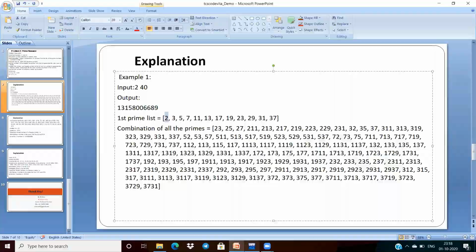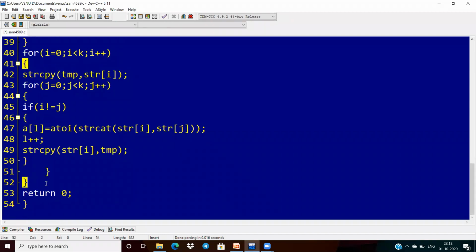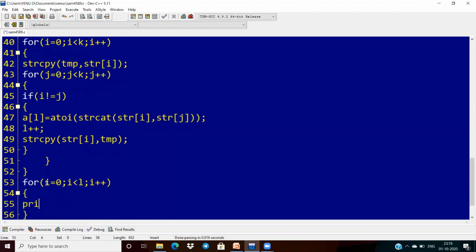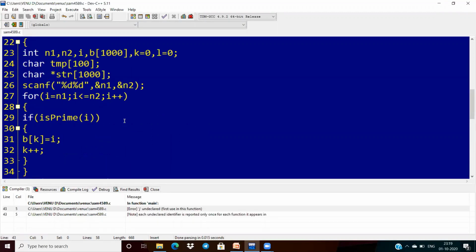Now if you want to print the complete list, you can also verify here. So I'm taking I equal to 0 and I less than L, and I plus plus, and I'm printing percentage d with some space. Now if I'm excluding this, I think I have not declared j.